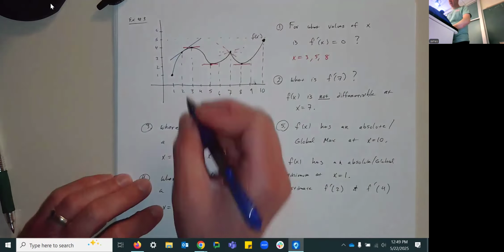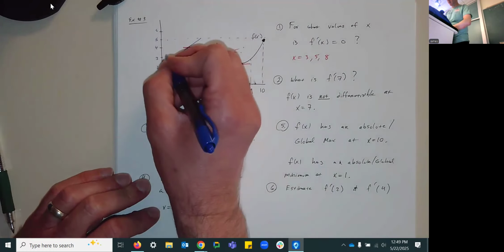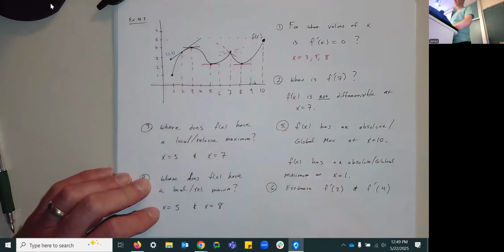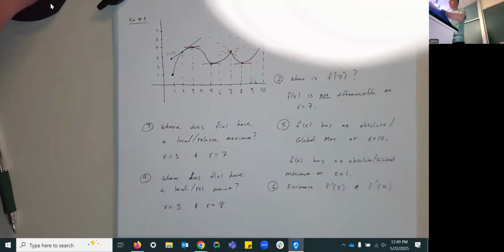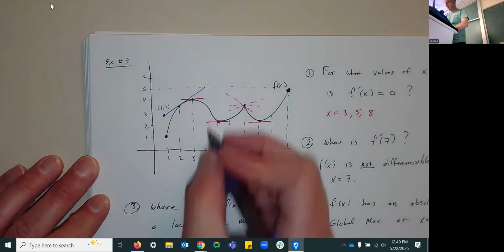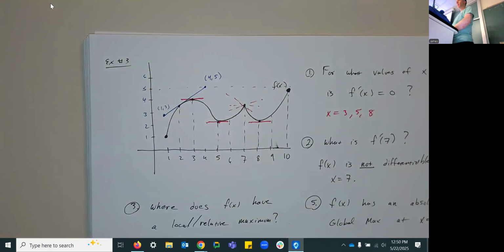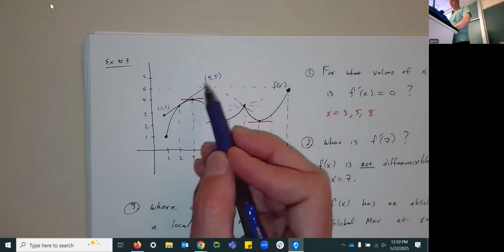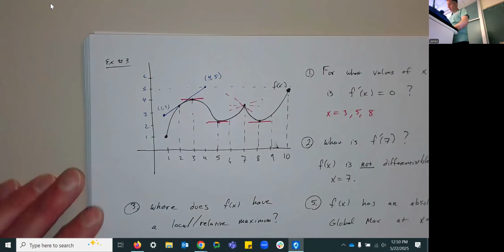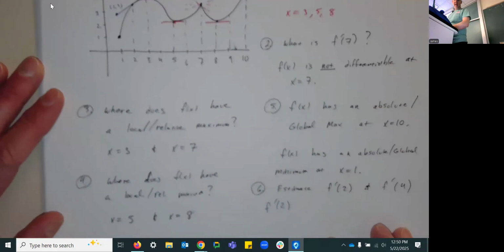Okay, so I'm thinking I essentially am going from the point 1 comma 3 is about what that looks like. And again, I'm just kind of guessing at it. Let me zoom in here a bit to make this a little easier to see. And over here, I've kind of got the point 4 comma 5. So if I had to guess, I'd say the slope of that tangent line is 5 minus 3 over 4 minus 1. So I think f prime of 2,